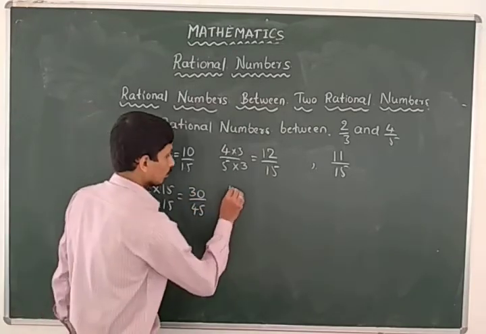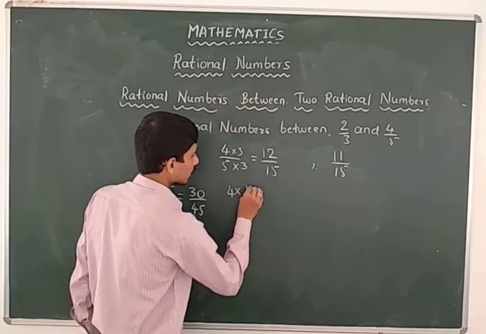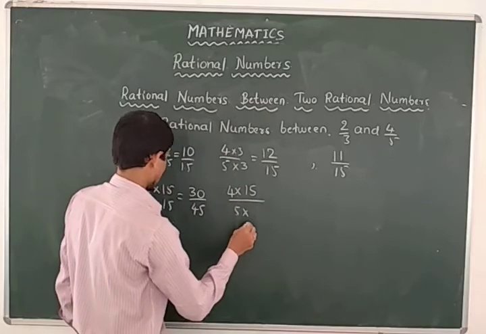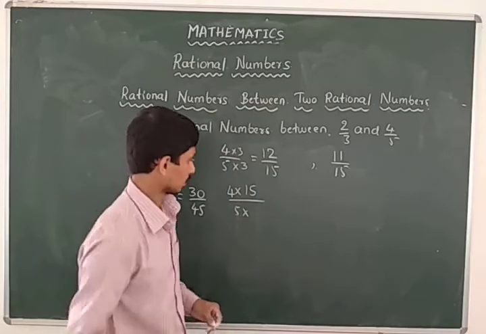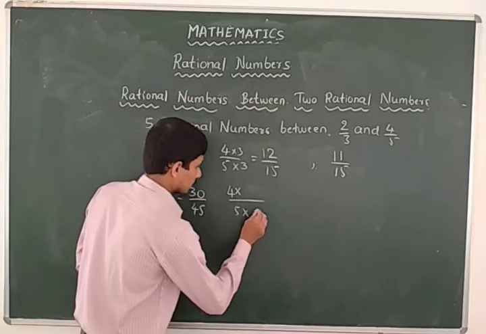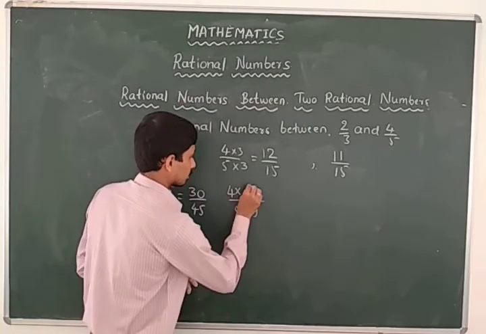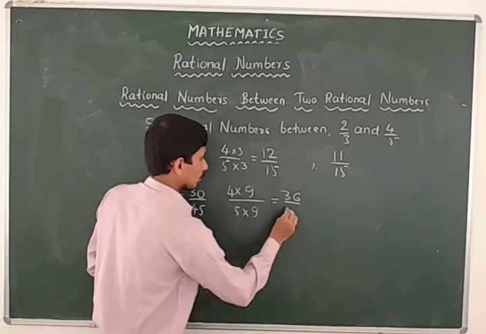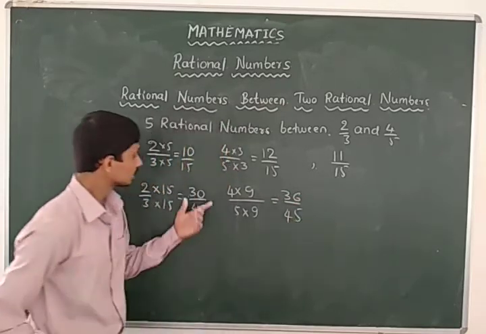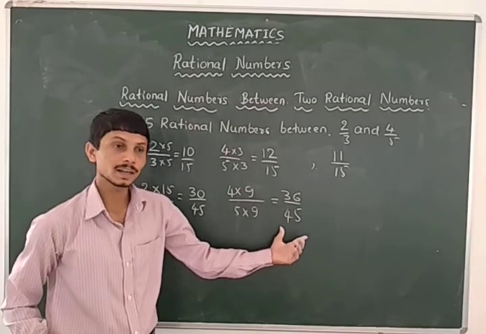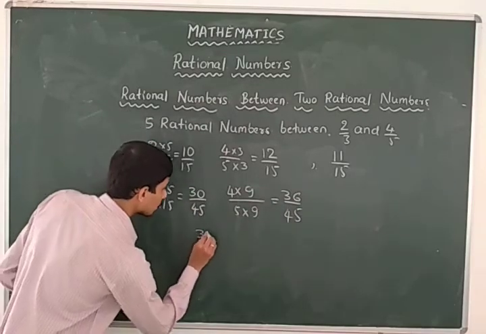And for 4 by 5, we multiply with 9 and get 36 by 45. So between 30 by 45 and 36 by 45, there are 31 by 45,